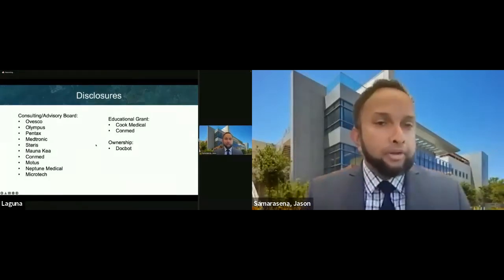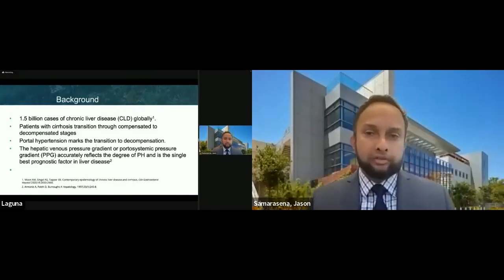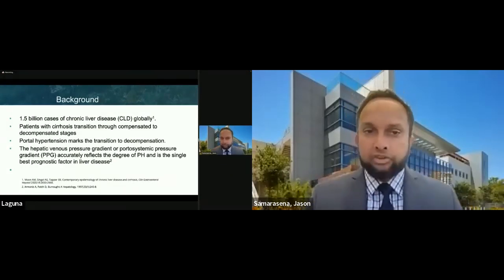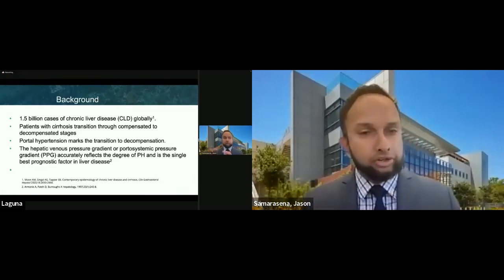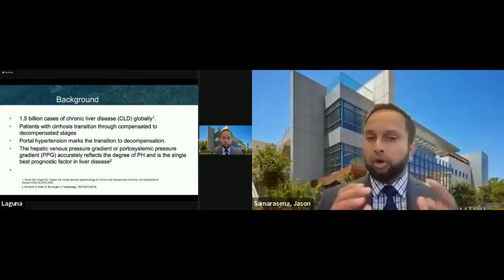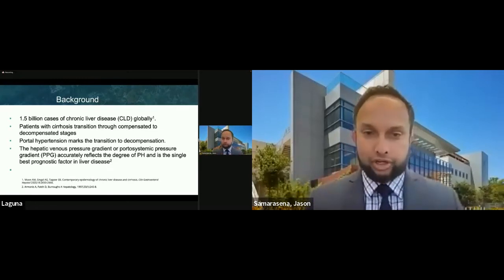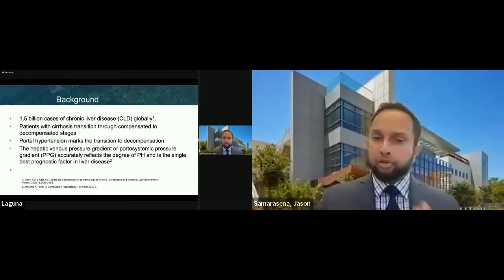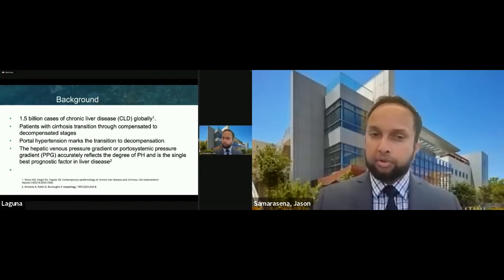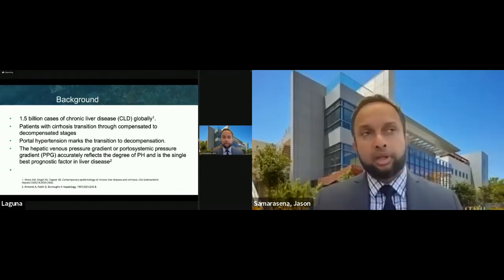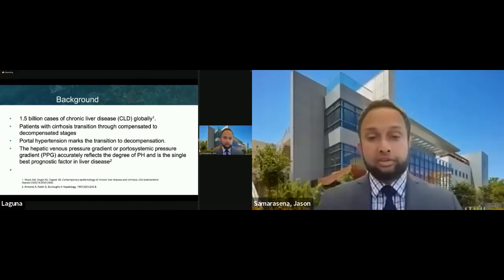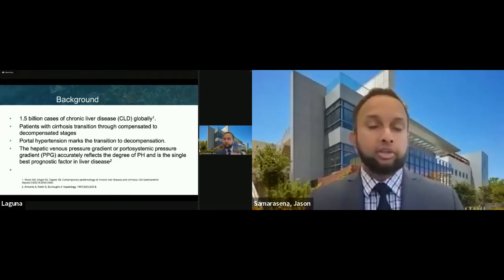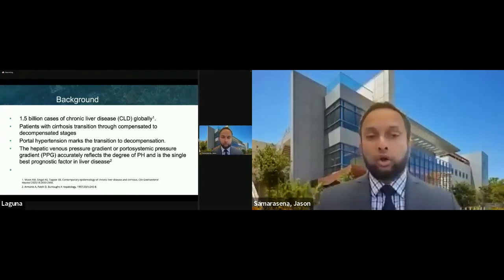There are 1.5 billion cases of chronic liver disease globally, and patients with cirrhosis transition through compensated to decompensated stages. And portal hypertension really marks that transition to decompensation. And the hepatic venous pressure gradient, or the portosystemic gradient, has been regarded as the single best prognostic factor in liver disease,